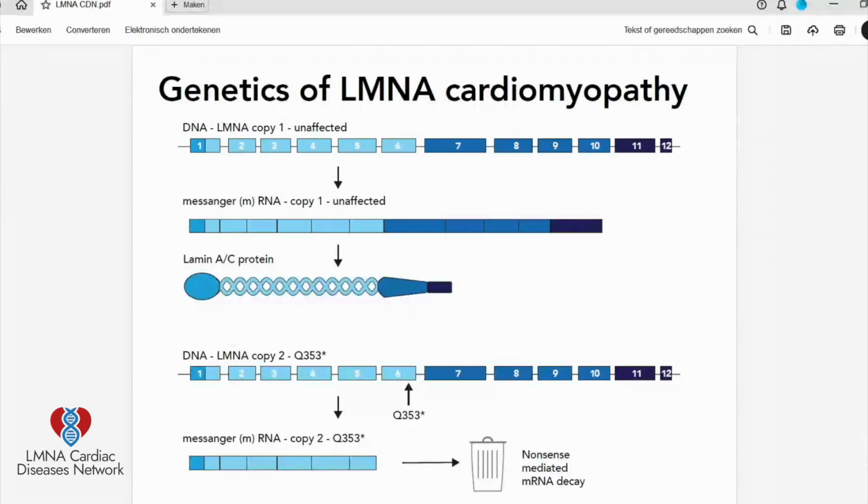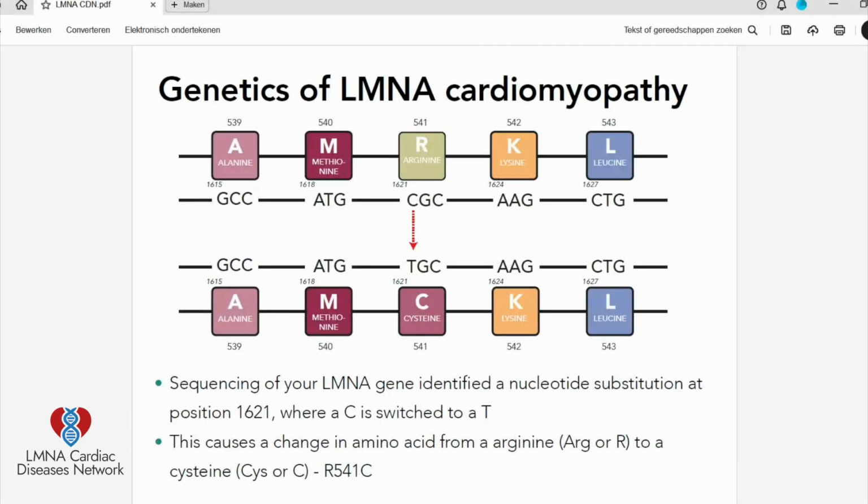Go to the next slide, please. And this is a missense variant. So this is a single amino acid substitution caused by a single nucleotide substitution. Here you can see amino acid number 541, which correlates to the nucleotide position 1621. It changes from C to T. So the way we would write that is 1621 C to T. That changes the codon so that it encodes for cysteine. Everything before that, all 540 before that and the 300 or so after that, will all